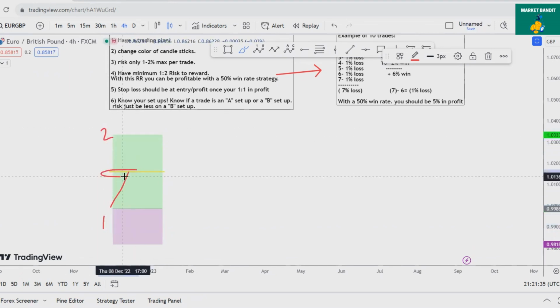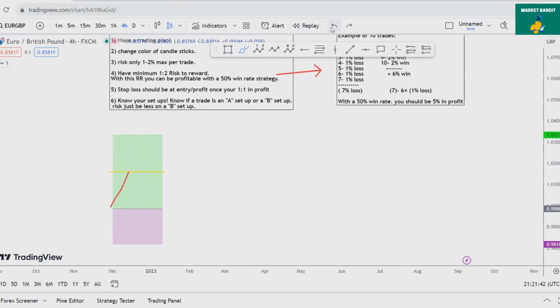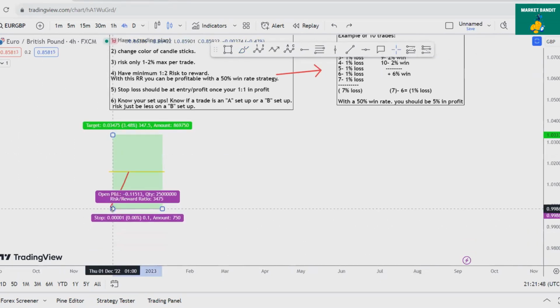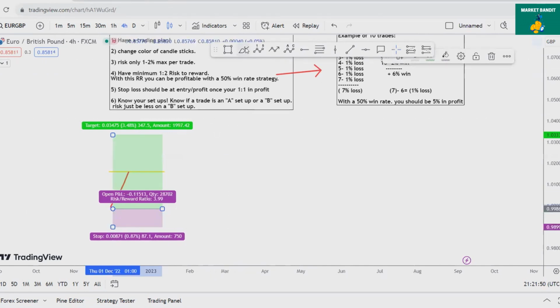But the trade is currently sitting at 1% in profit, and when your trade is currently sitting at 1% in profit, that stop loss should be at entry or at least